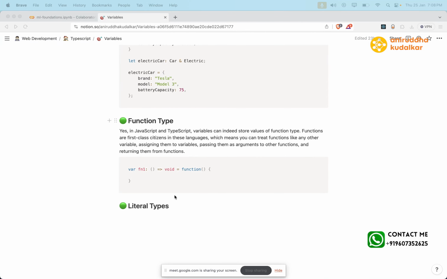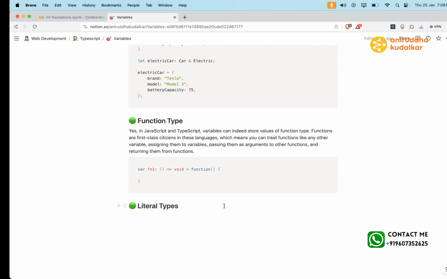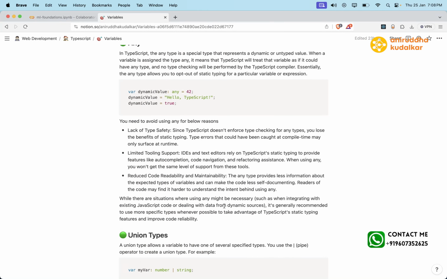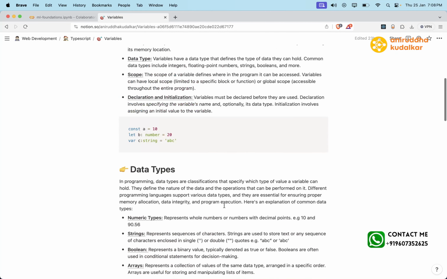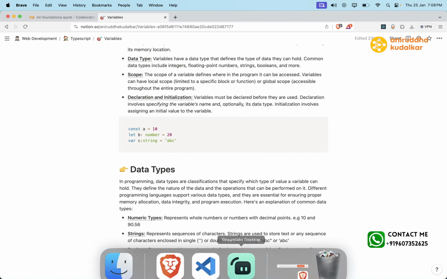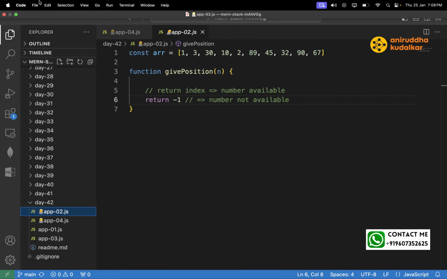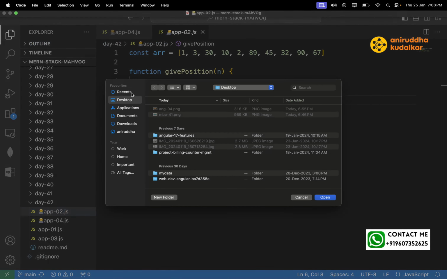So today we will see an important thing which is from ES6, right? Whenever you define the variables, whenever you define the variables,